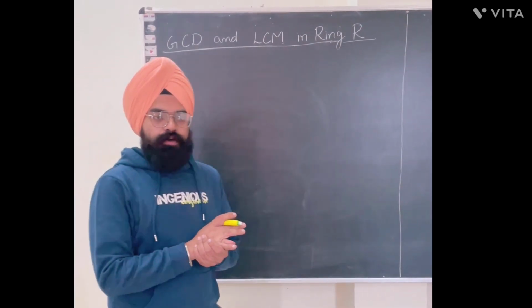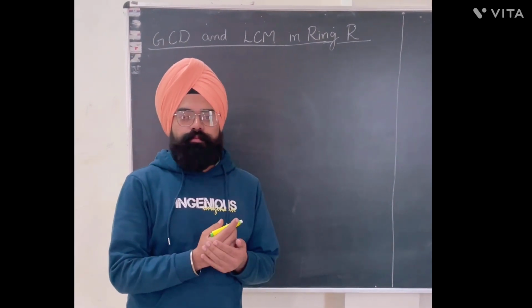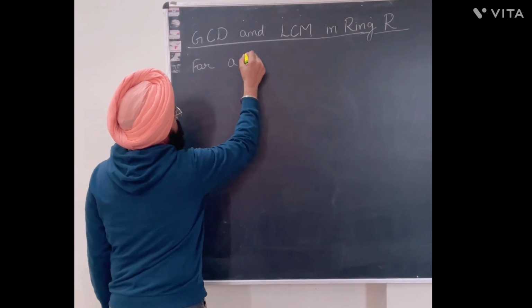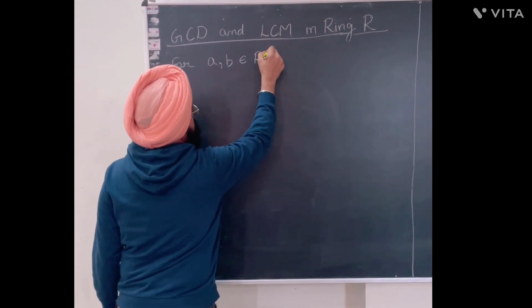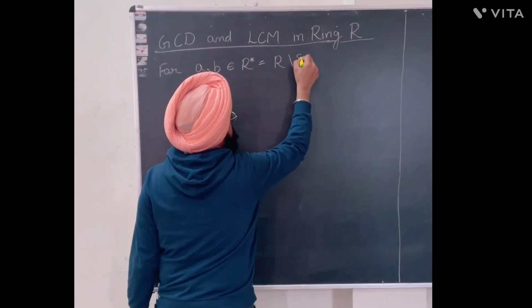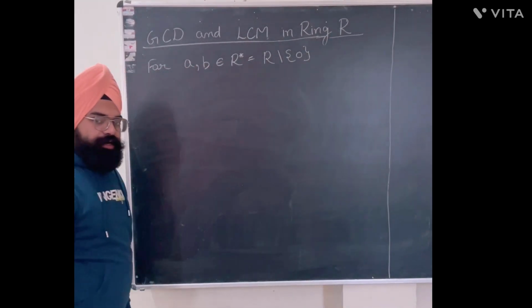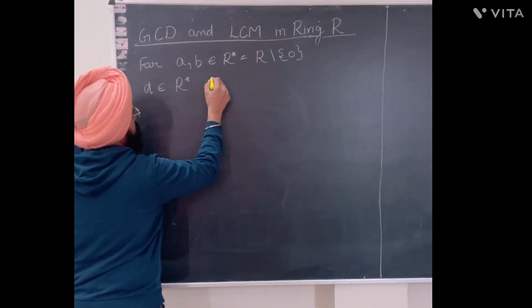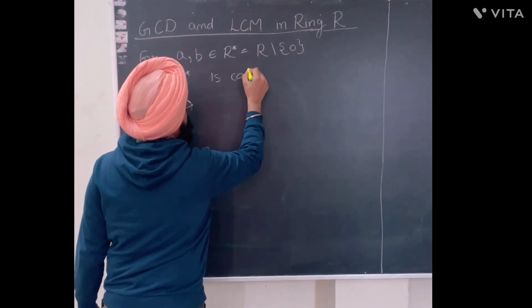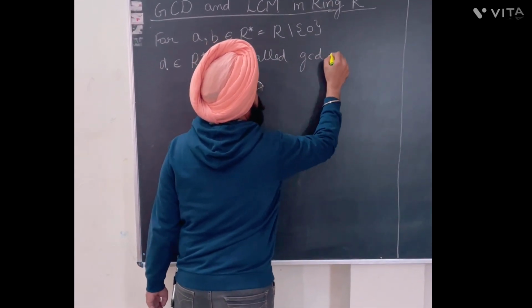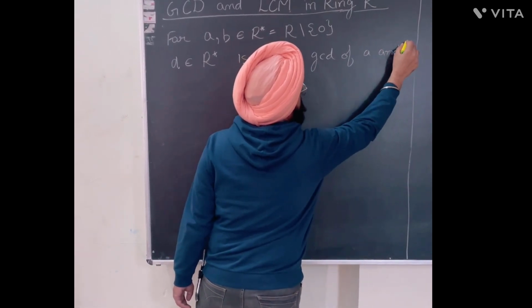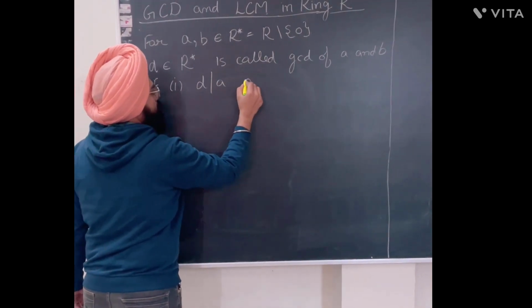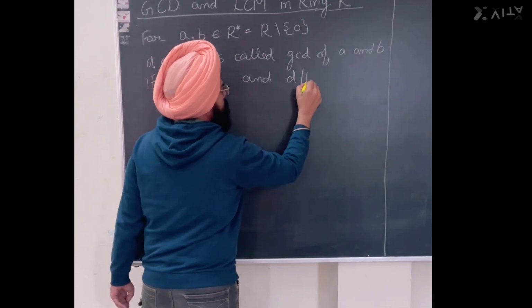So today we will discuss the concept of GCD and LCM in rings. For a and b belonging to R star, which is the ring R except its additive identity, d belonging to R star is called the GCD of a and b if first of all d divides a as well as d divides b in R,